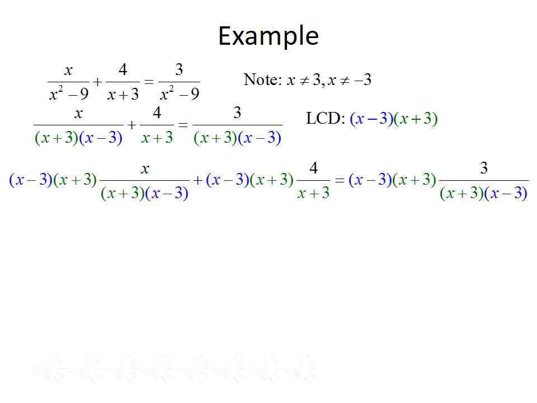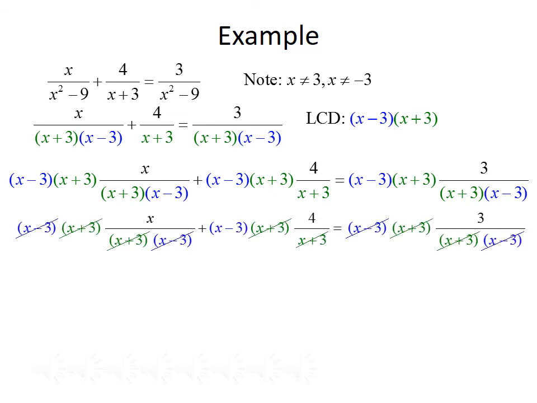So, multiplying through by the least common multiple, we get x minus 3 times x plus 3 times x divided by x plus 3 times x minus 3, plus x minus 3 times x plus 3 times 4 divided by x plus 3 equals x minus 3 times x plus 3 times 3 divided by x plus 3 times x minus 3. The benefit of multiplying through by the least common multiple is you'll get a lot of terms that cancel out. So we can cancel out our common terms, which will leave us with x plus 4 times x